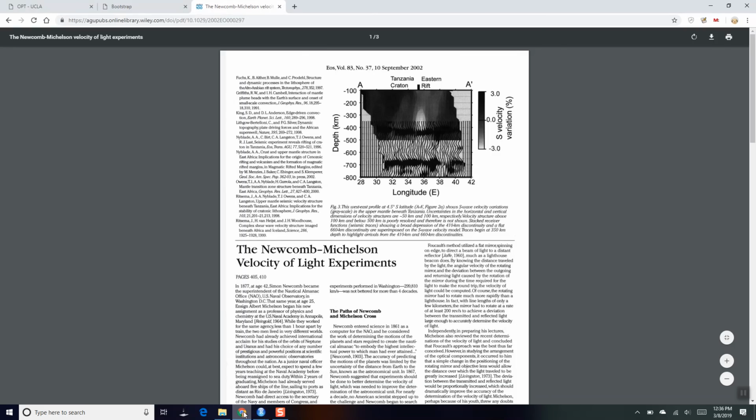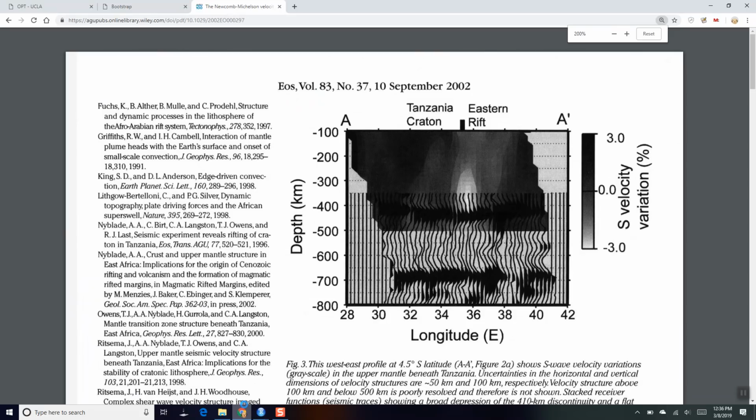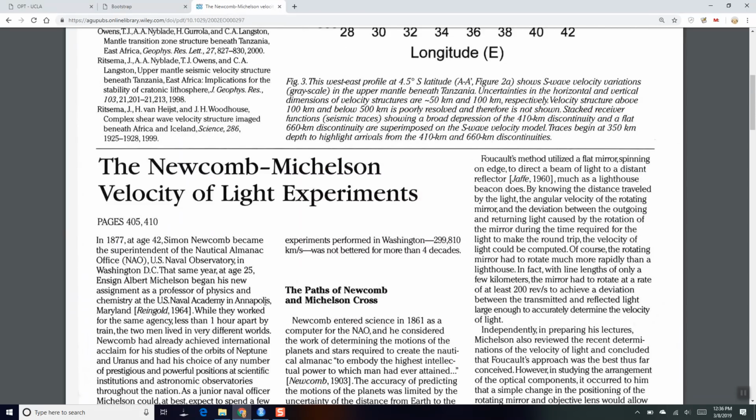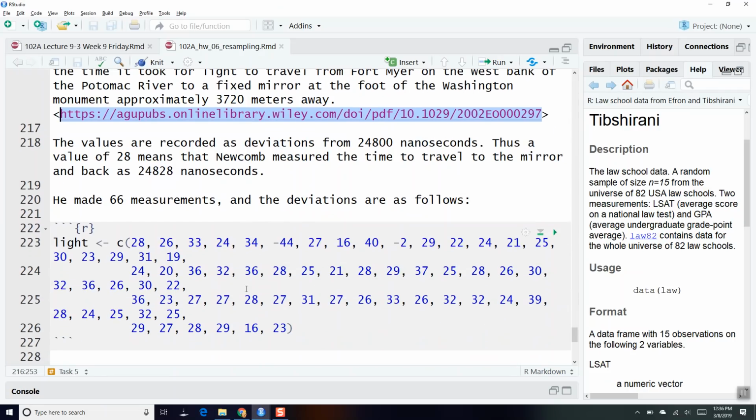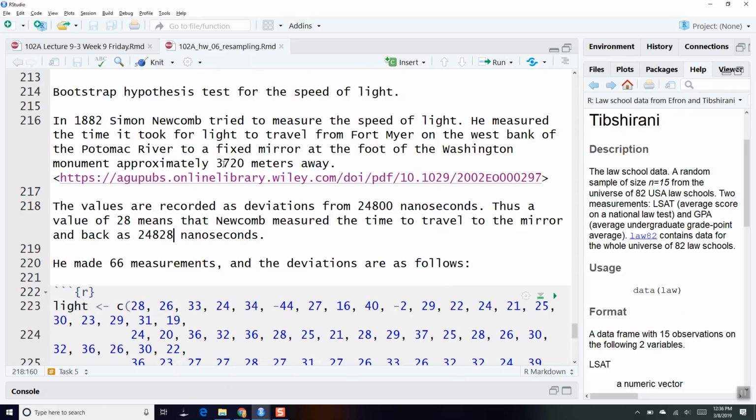So you think back to the 1880s, they don't have the ability to measure. Nobody has a stopwatch that can measure in microseconds or nanoseconds, right? But somehow they are able to get measurements like 24,828 nanoseconds or 24 microseconds, okay? How did they come up with something like this, right? Because they're trying to measure basically how long it took light to bounce